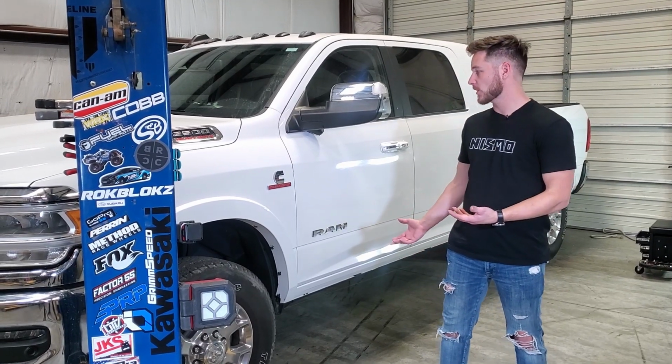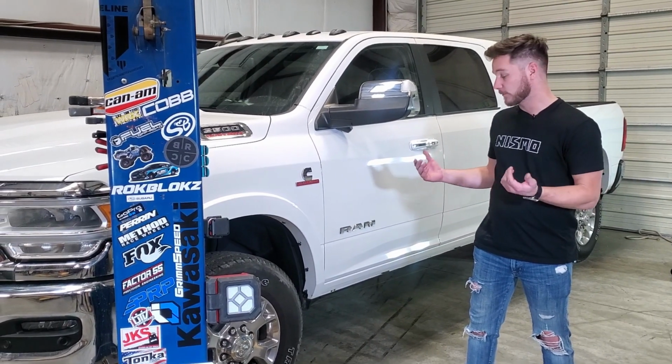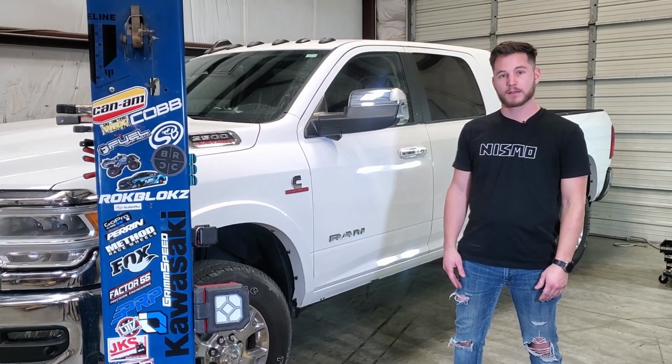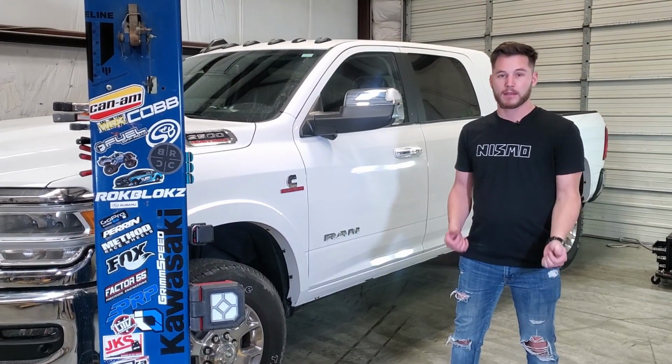Today in the shop we have a 2019 Dodge Ram, or just Ram 2500. We're going to show you how to install our new V2 mud flaps for this. So let's go ahead and jump right into it. We'll get a little breakdown of what you're going to get in your kit, and then we'll move on to